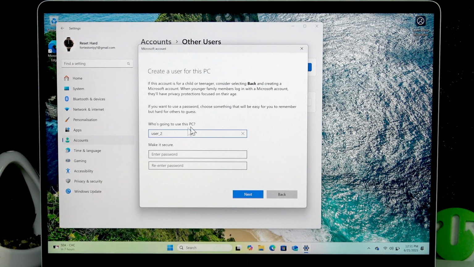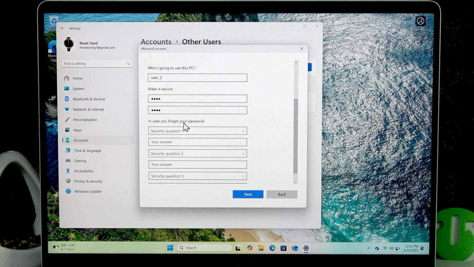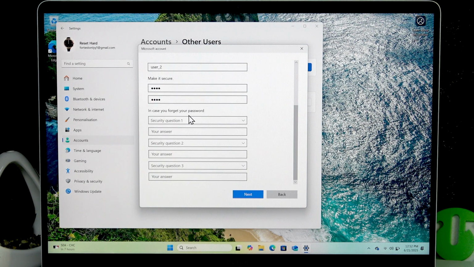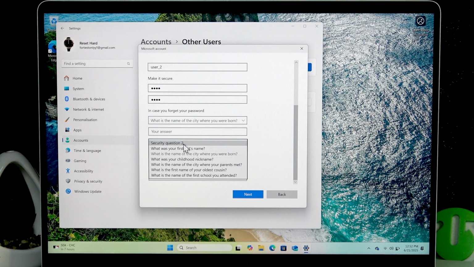First we'll have to name their account, so I'm gonna name it user2, and then make a PIN code for them, for their account. And to secure their PIN code, you'll have to set up a couple of security questions